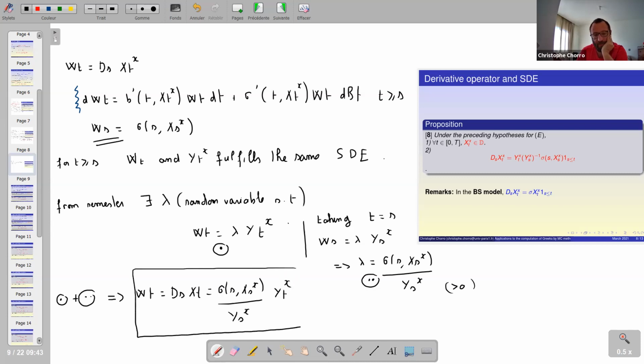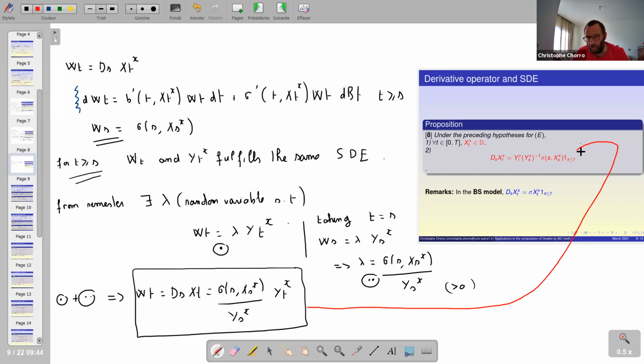So I obtain this one for t greater than s. This is exactly what I want to obtain here. So you see that the value of D_s of X_t of small x may be computed this way using the first variation process, because they fulfill, for t greater than s, the same stochastic differential equation. So they are equal up to a multiplicative constant,